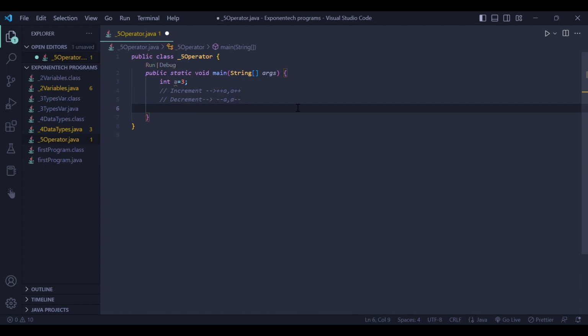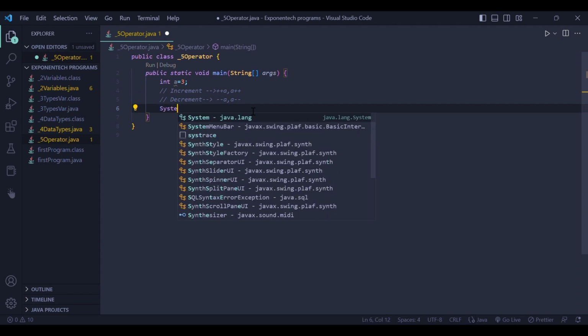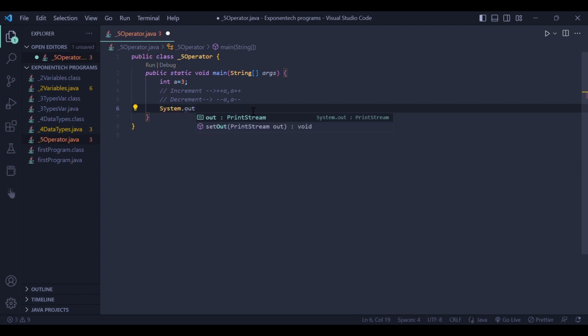So like this, a plus plus, plus plus a, or minus minus a, or a minus minus. Like this we declare these unary operators. Let me write the printing statement: system dot out dot